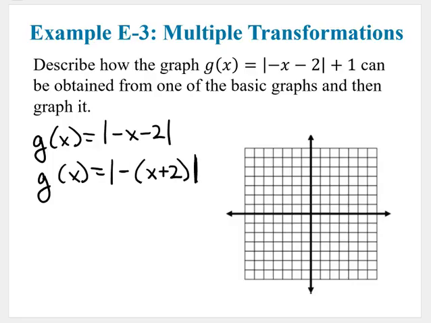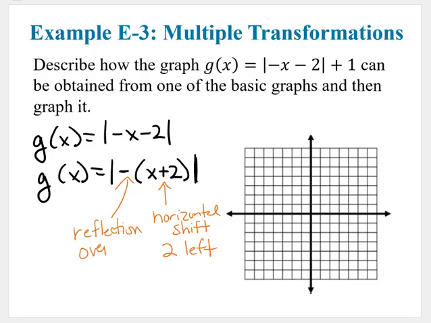So this plus 2 is going to be your horizontal shift. So that x plus 2 is going to be your horizontal shift of 2 to the left, right? It does the opposite because it's a plus. And this is a reflection. So that is the reflection over,